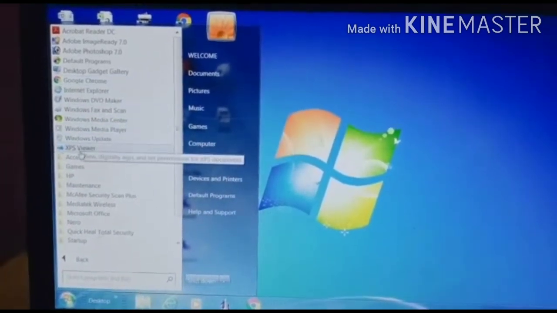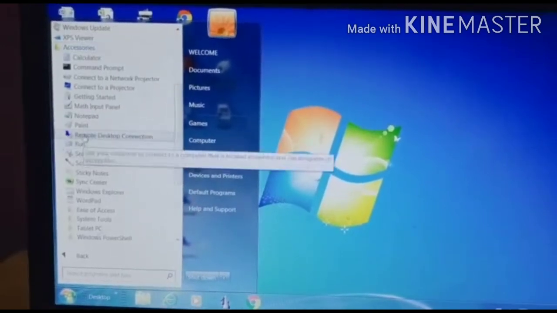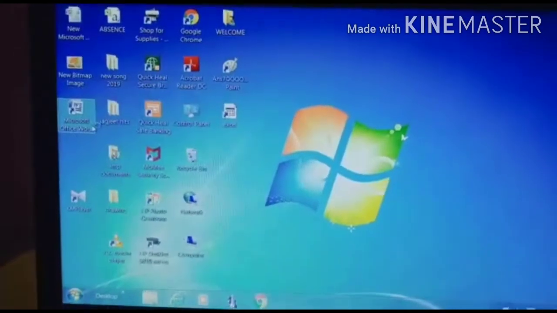Click on accessories and then click on paint. When you click on the paint option, the paint window will open. This is your paint window.